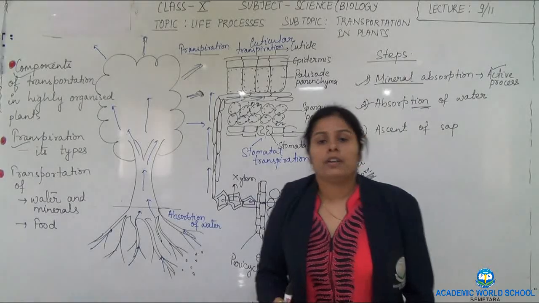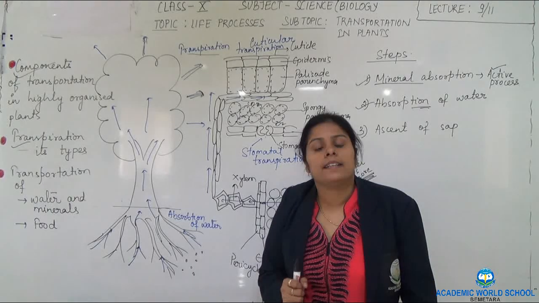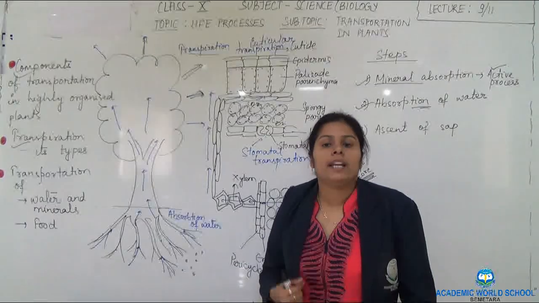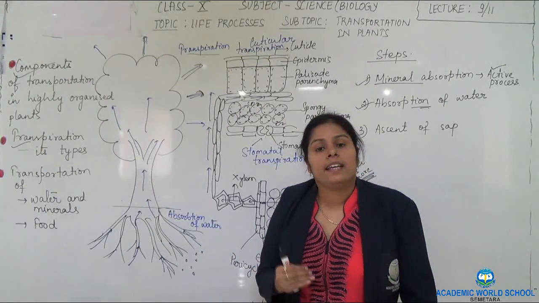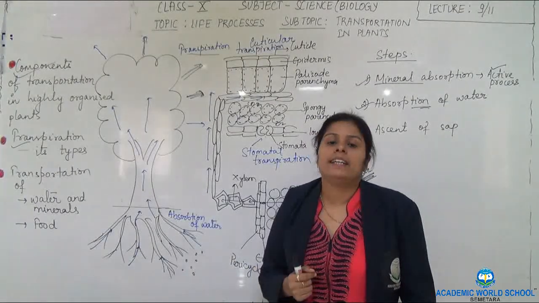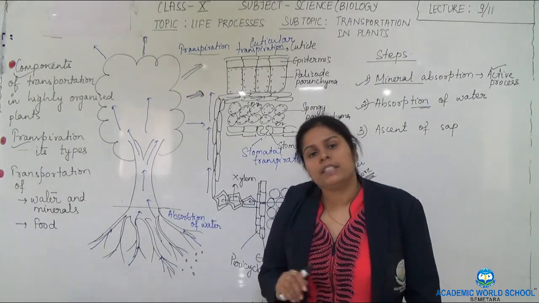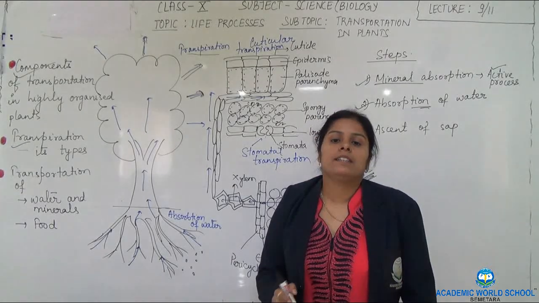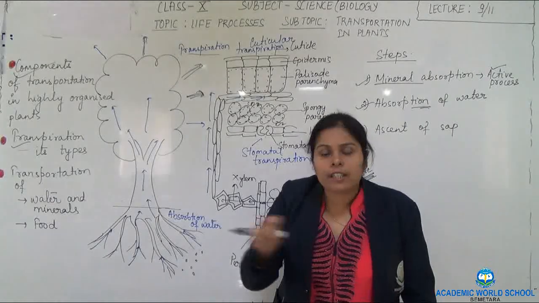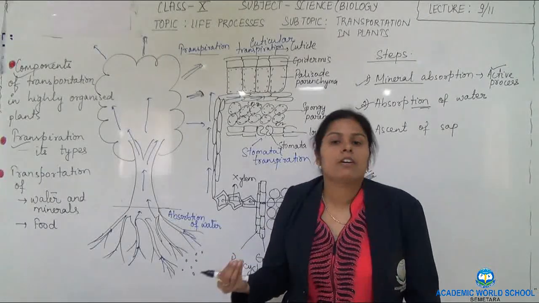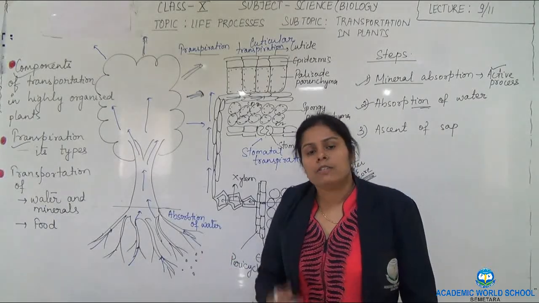You might be knowing about another process called guttation. What will happen in this? This positive root pressure will enable small water droplets to ooze out from the aerial parts of the plant. You might find it in the early morning time, when the transpiration is very less. Suppose the transpiration is not taking place or it is very less, the positive root pressure will increase and water will ooze out from the small openings called hydathodes. This process is called guttation. Right? You can also experiment it.